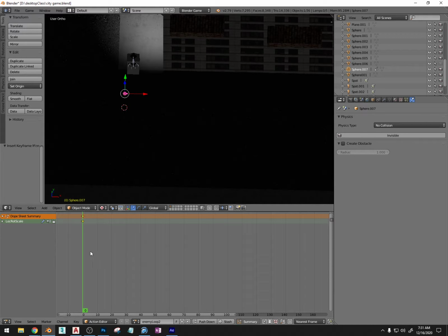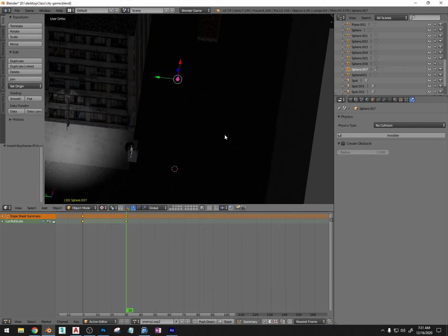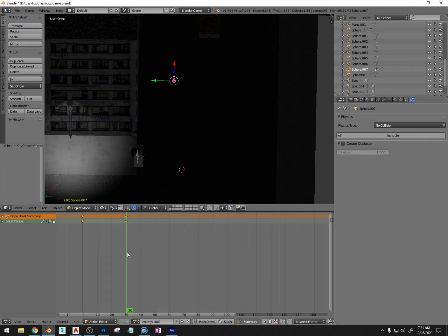Alright, here we go. So I'm going to move the scrubber, let's say 30 frames for him to go from here to here. Should be okay. So I'm going to go ahead and press I and lock in the location, rotation, and scale. And now I wanted to take 10 frames for him to go about this far. And now I need to rotate it. It would be negative 90 degrees this way